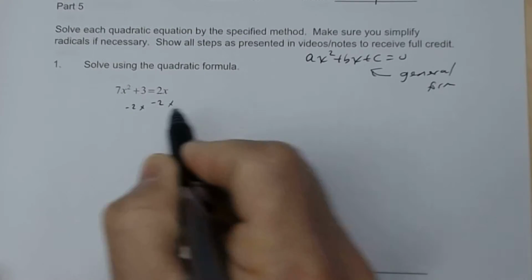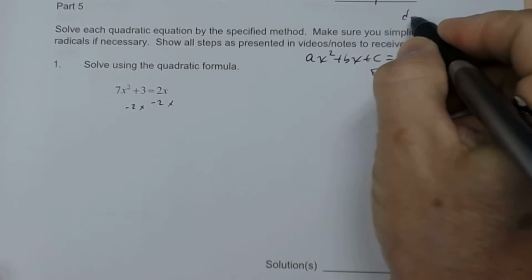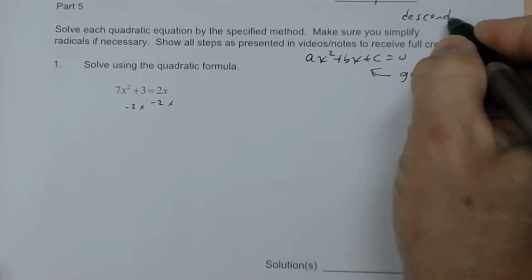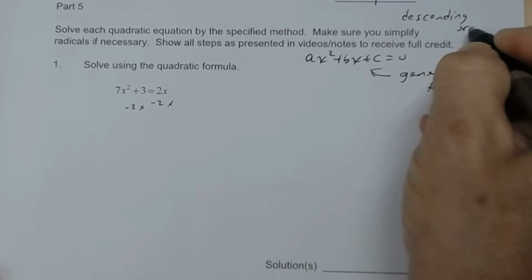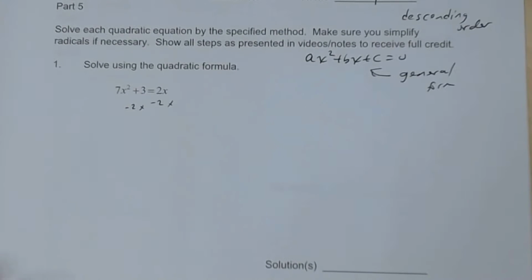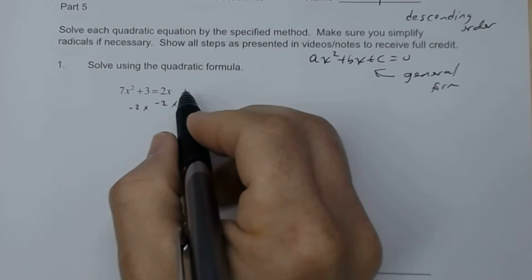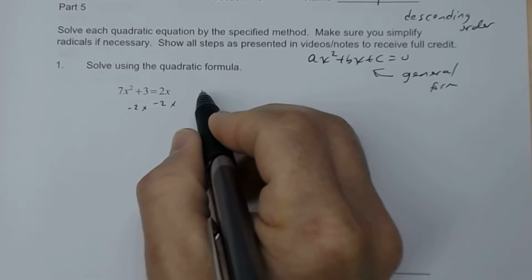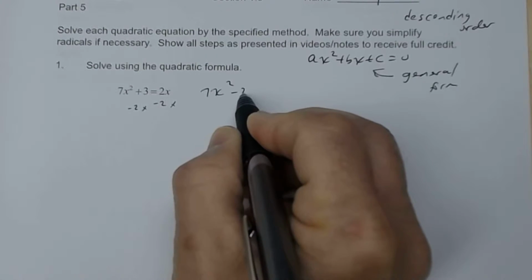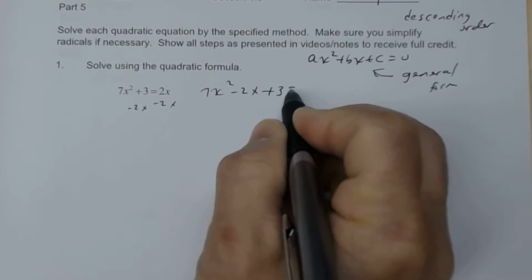Make sure it's in descending order, so that way you don't make a mistake with the a, b, and c. When I rewrite this in descending order, I get 7x squared minus 2x plus 3